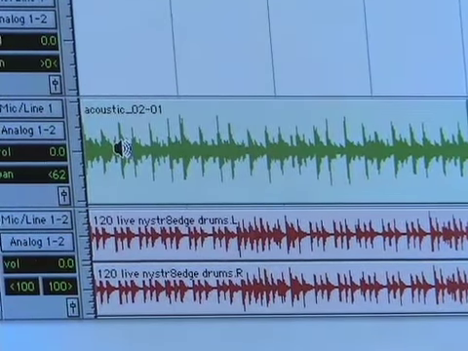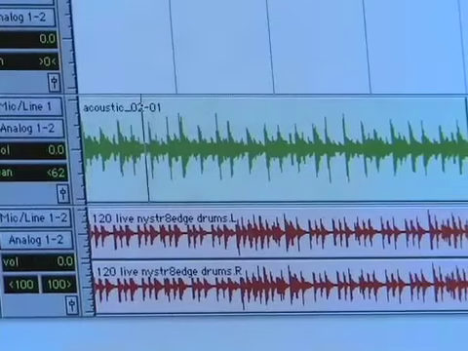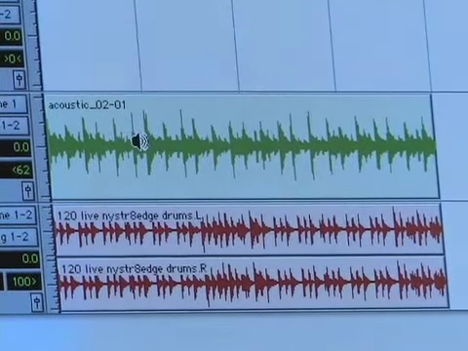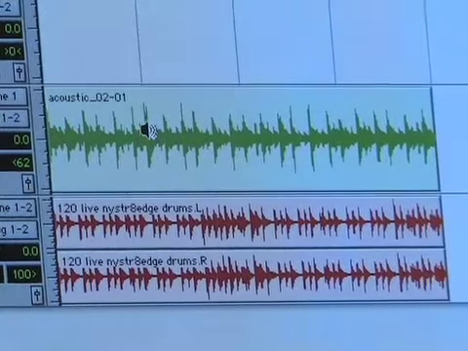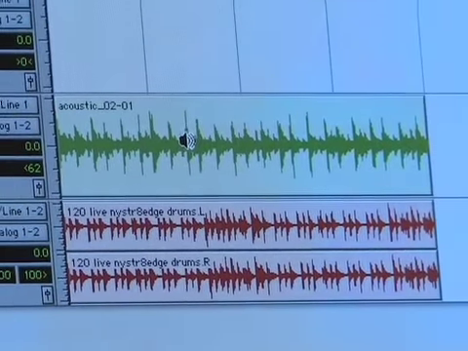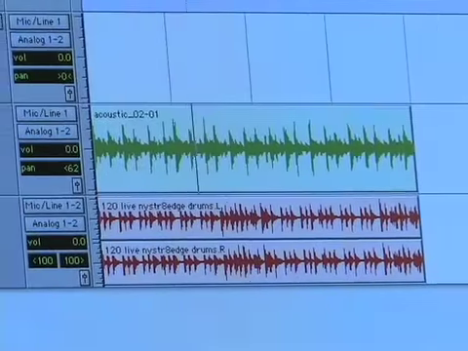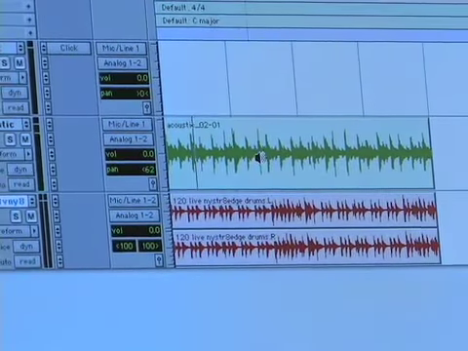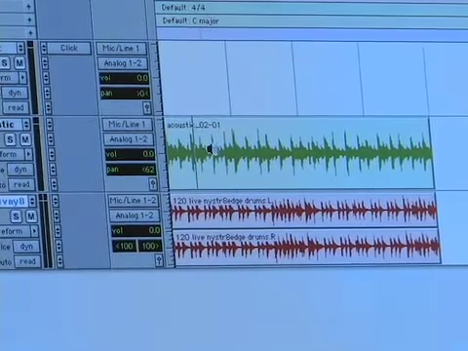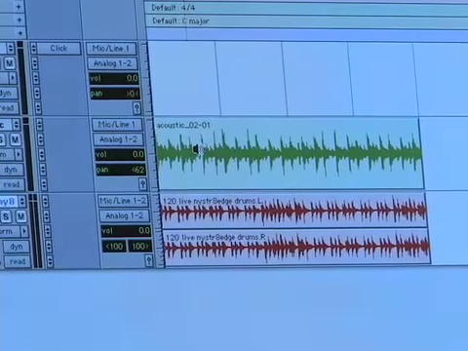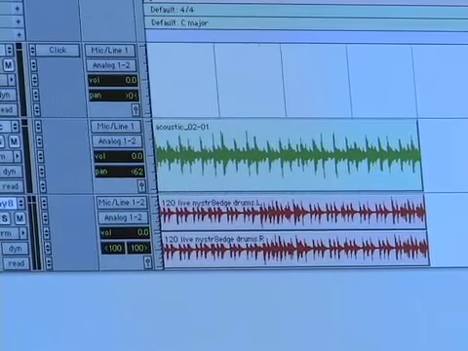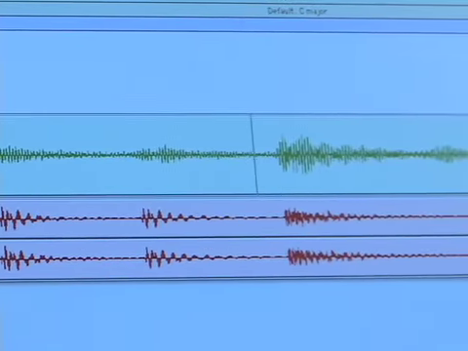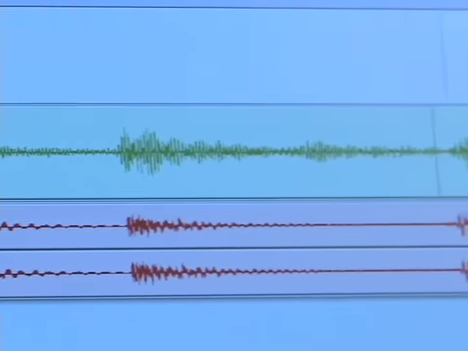Now you'll see if I click and drag, it basically plays back the session, and you can hear it sort of slowing down there at the end. I can actually drag, if I click and drag backwards, you'll hear it playing backwards. So the cool thing about the scrubber tool is if I zoom in here, and I click and drag,